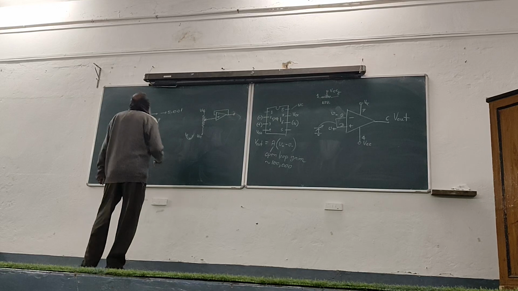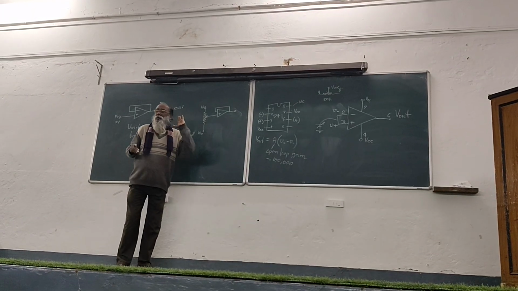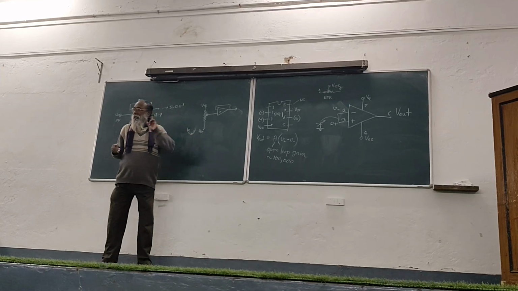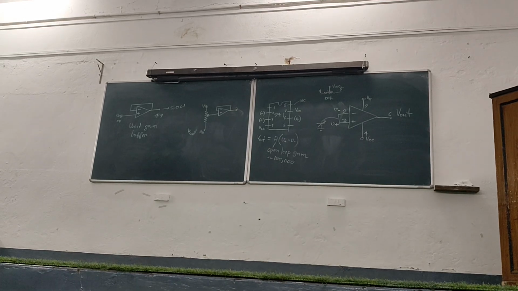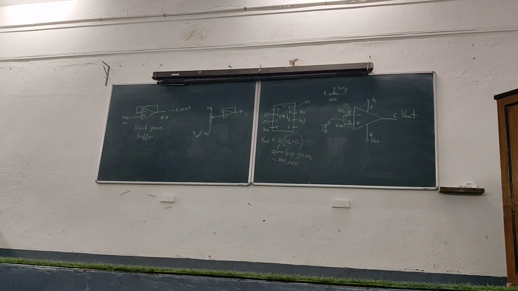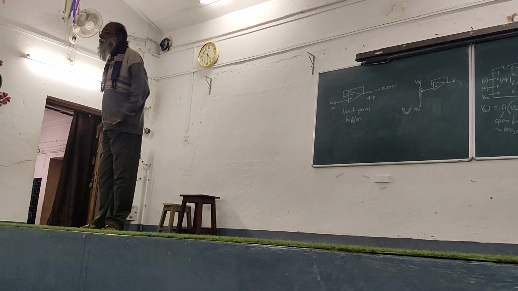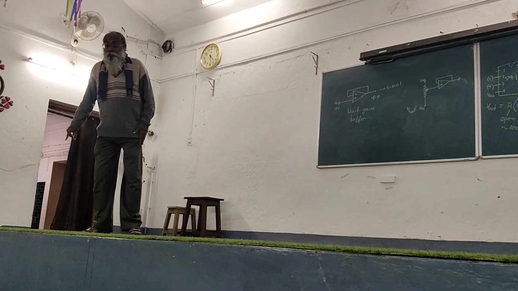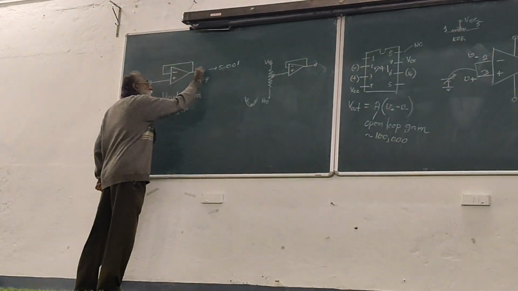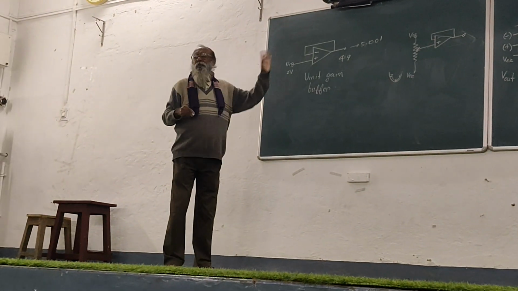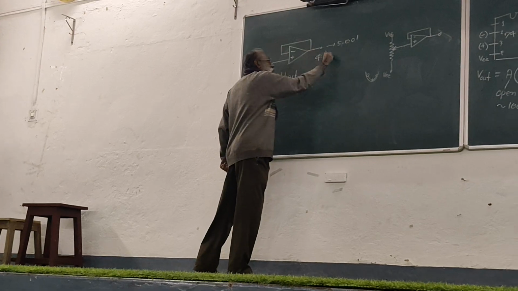So the first thing you see is the unit gain amplifier. If I put 5 volts here, I get 5 volts there. So if I take more current out of this,